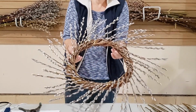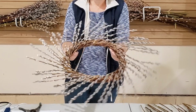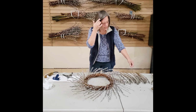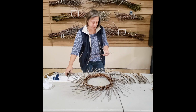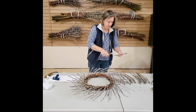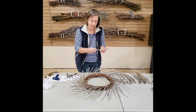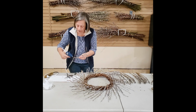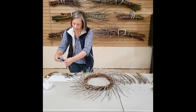And again, they're a little fragile just because they're stuck on just at the end, so just be careful when you're moving it around. But now we're going to add some of the shorter ones. And even if you have some of the medium-sized ones left over, you can just clip those off. Sometimes there might be a bud right at the end before you clip. You can just pull that off as well. And same process, just keep gluing it on, and then